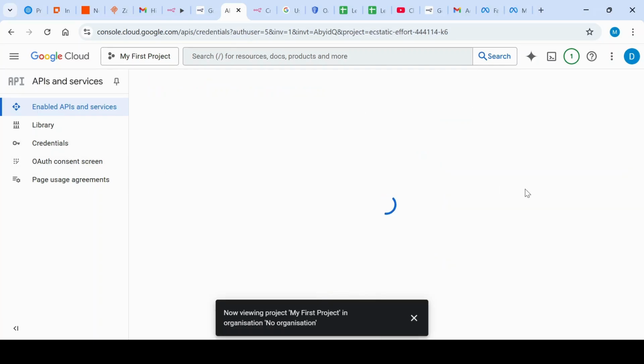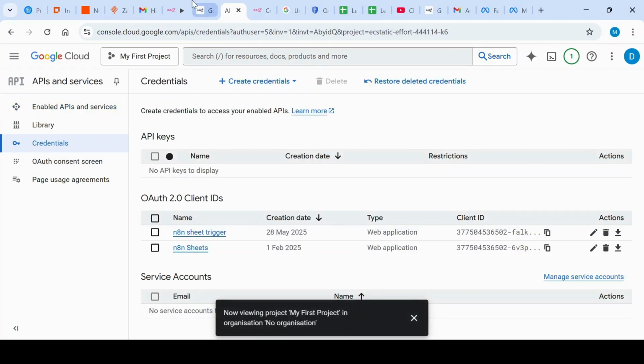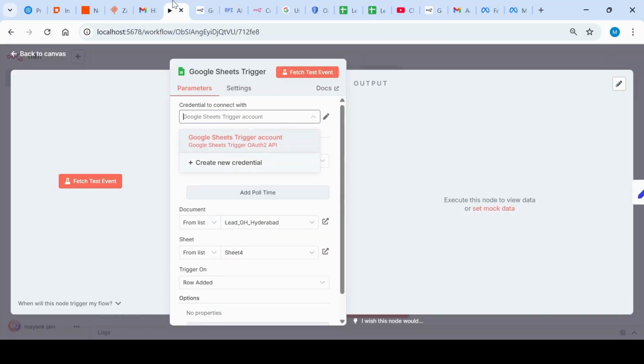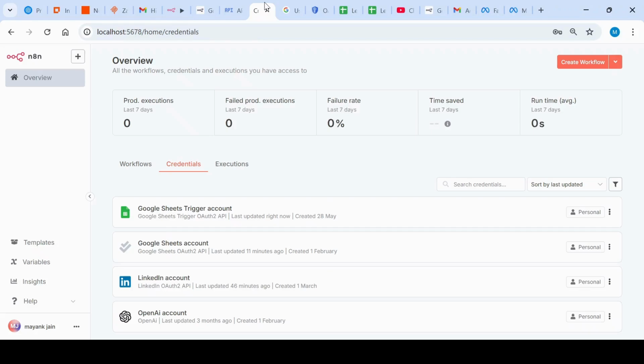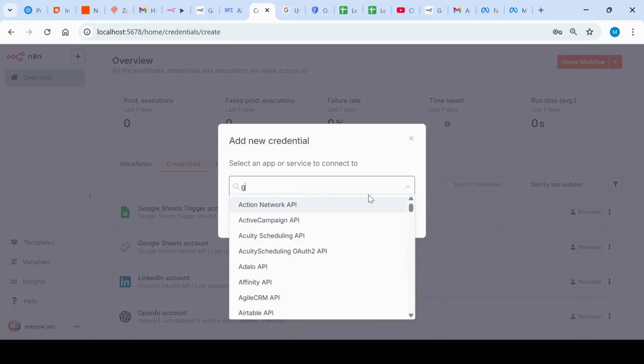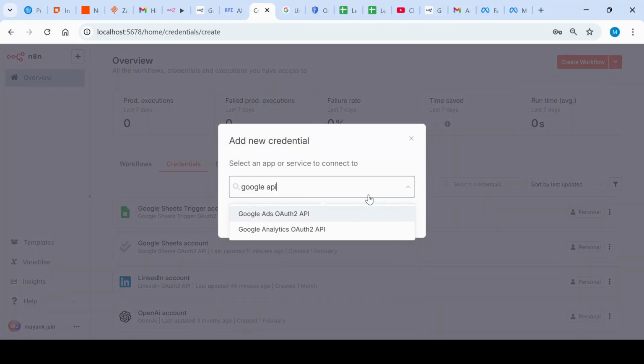So then you will create your credentials. You will go to n8n. Now I already have the n8n trigger already done. But in case you don't know how it looks, you can create a credential. You can select Google